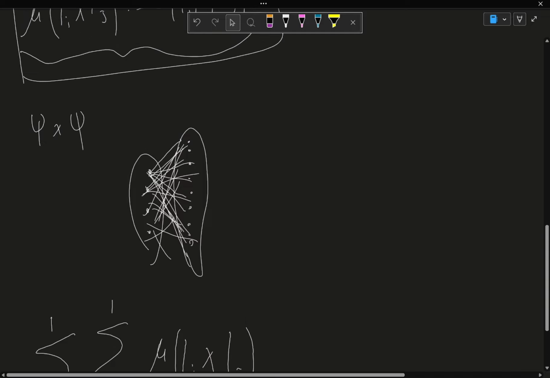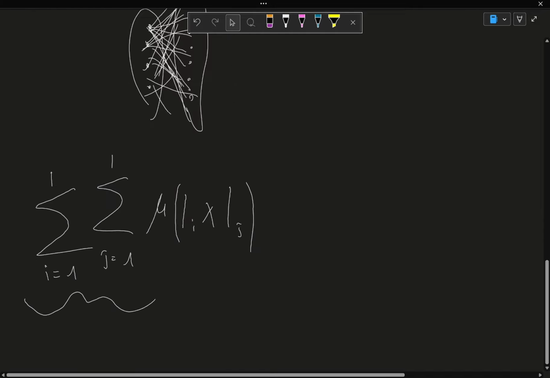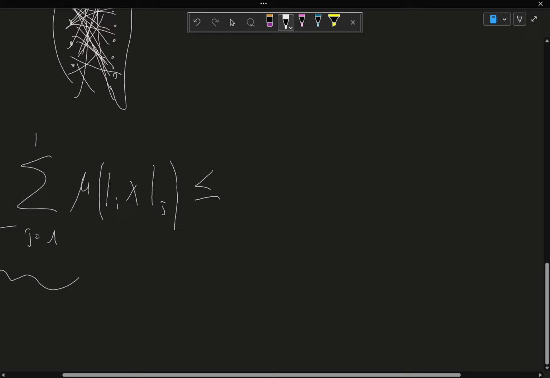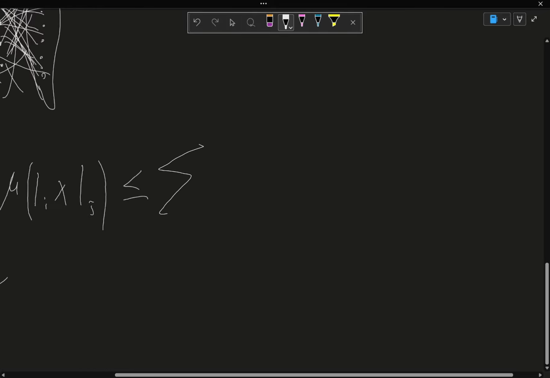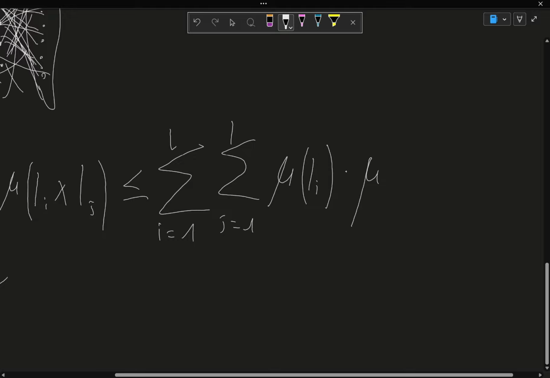And because we have this property right here, we can rewrite this as the following. We know that this is less than or equal to the sum of i equals 1 up to L of the sum of j equal 1 up to L of mu of I_i times mu of I_j,